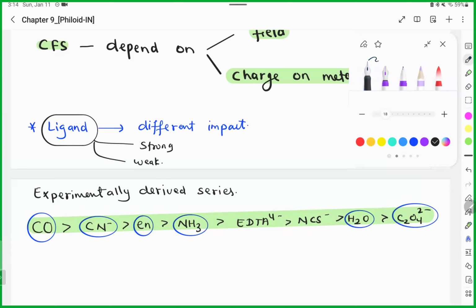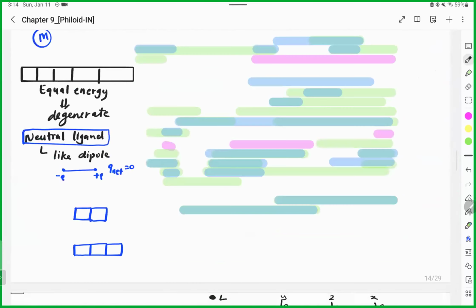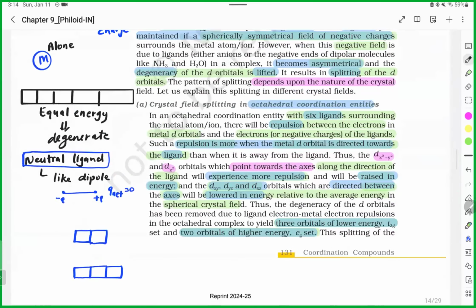After that, yes, Jordan. Last year, when Usha ma'am was teaching us, she told us that water should be considered the midpoint. So anything above water is considered a strong ligand, and anything below water is considered a weak ligand. Okay, you told me last year also. Let me show you this thing. If this is the true situation,